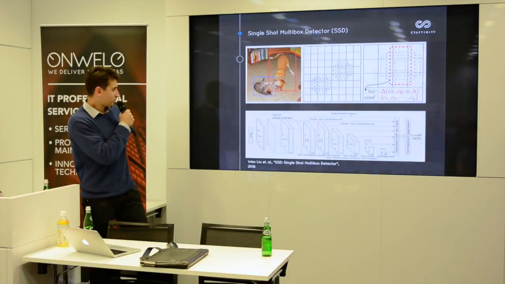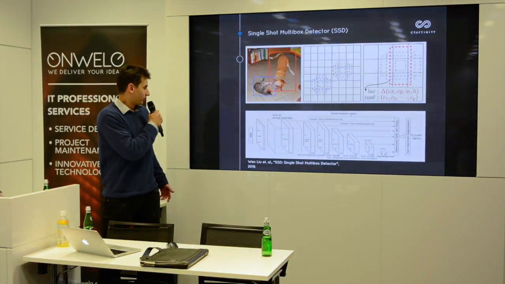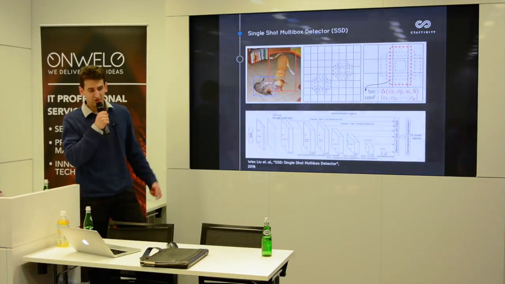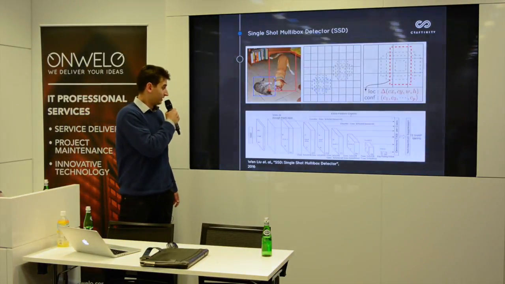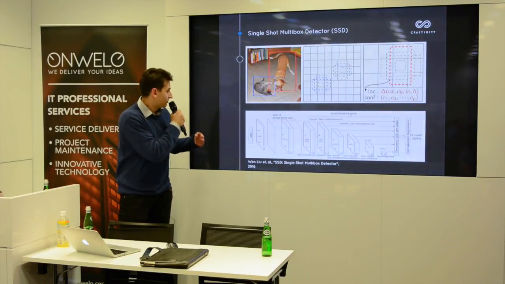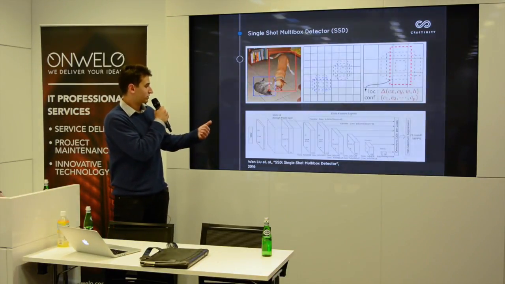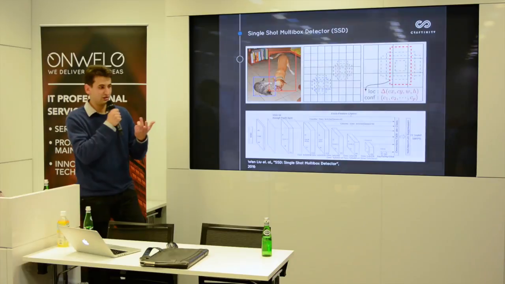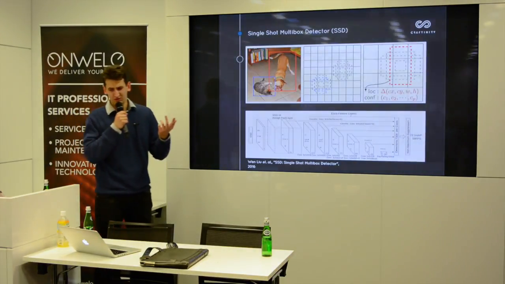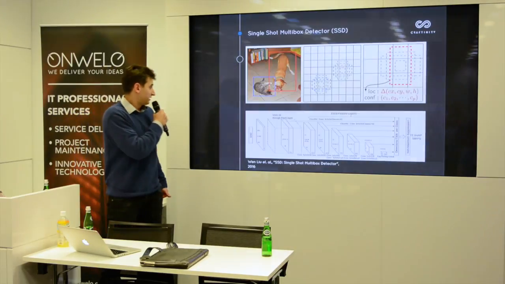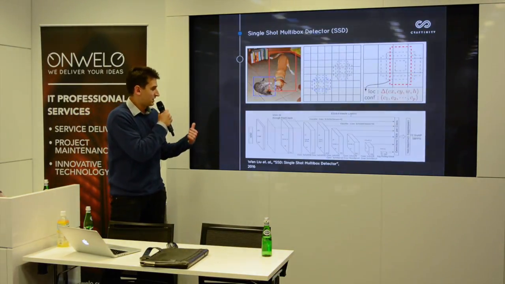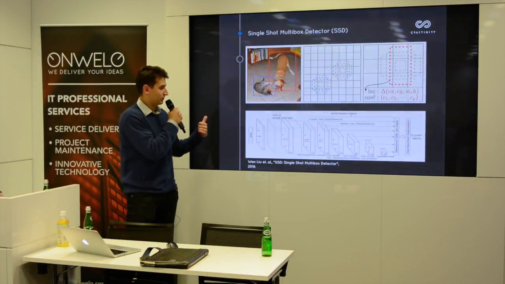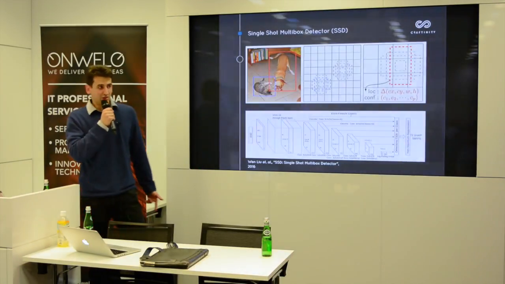The goal is to discretize somehow the space of possible bounding boxes, and with each cell of these convolutional feature maps there is associated a small number of predefined bounding boxes. It's usually 4 to 6, and